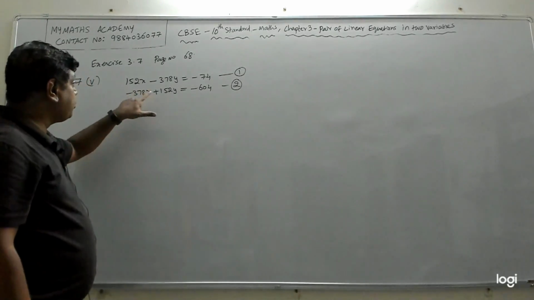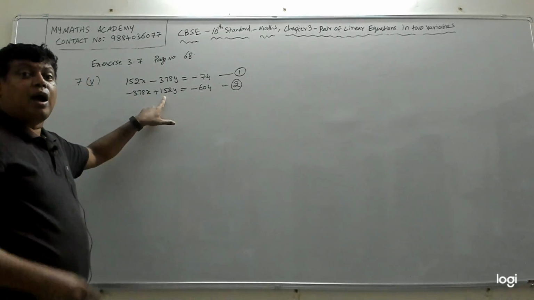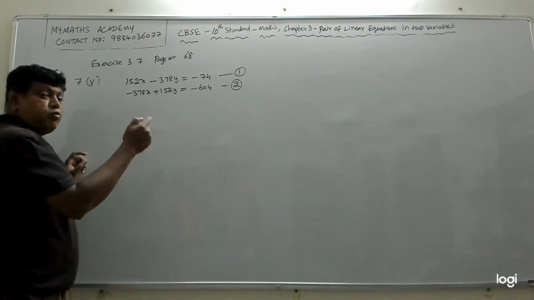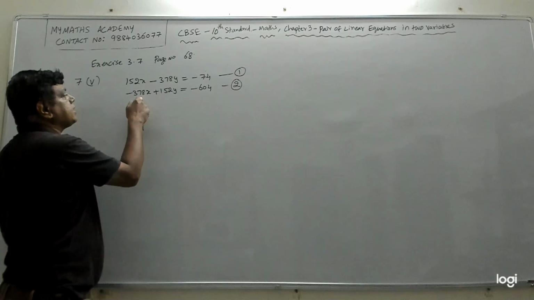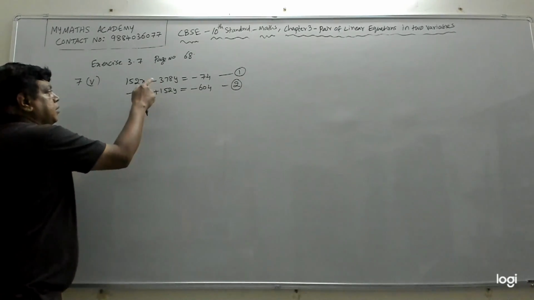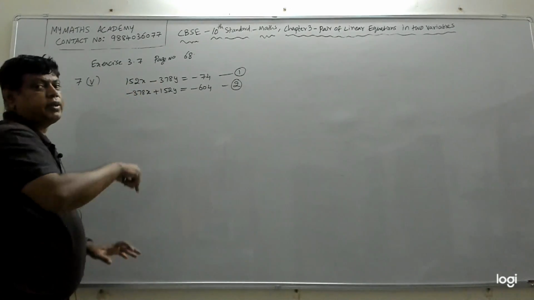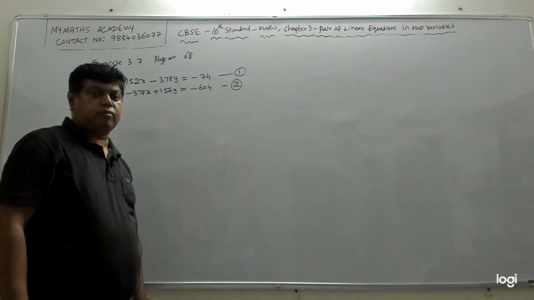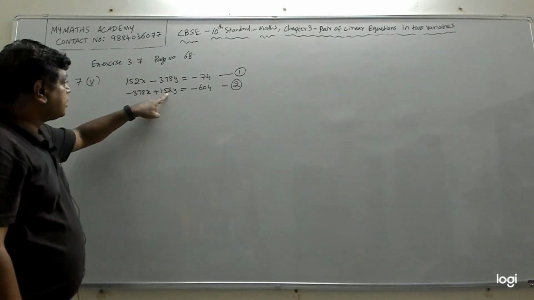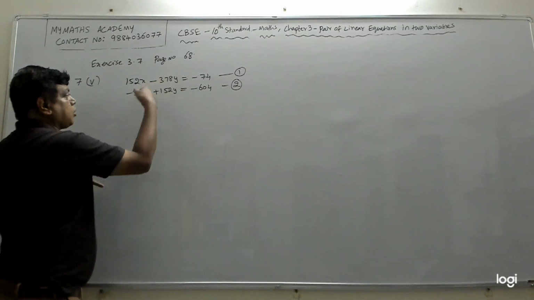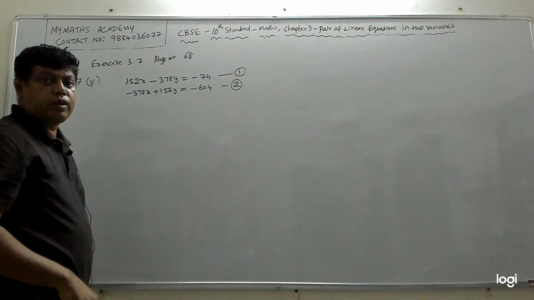Here plus 152 is also plus 152. And the coefficient of y in the first equation should match the coefficient of x in the second equation. Minus 378 and this is also minus 378. If such a scenario is there,